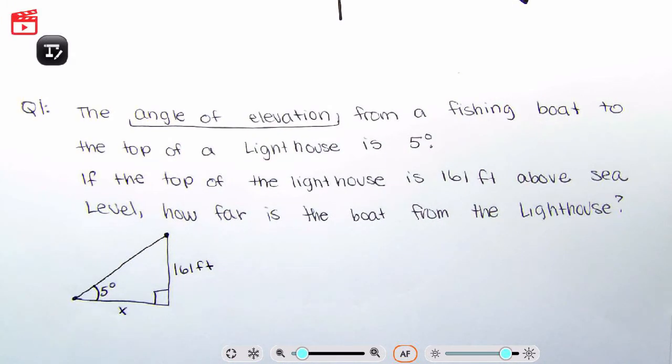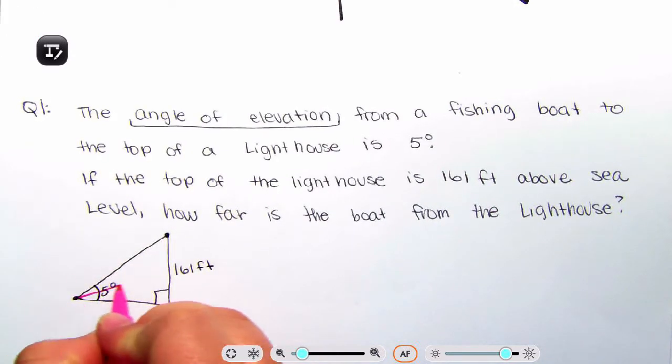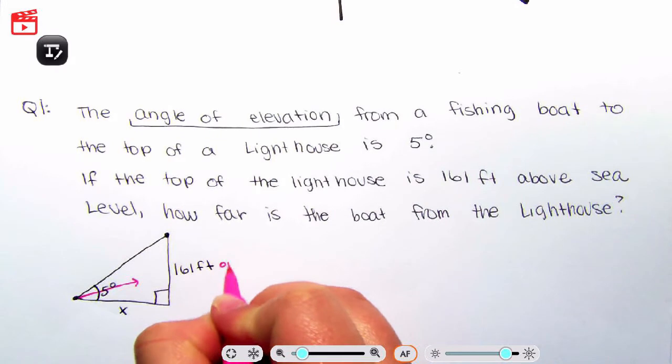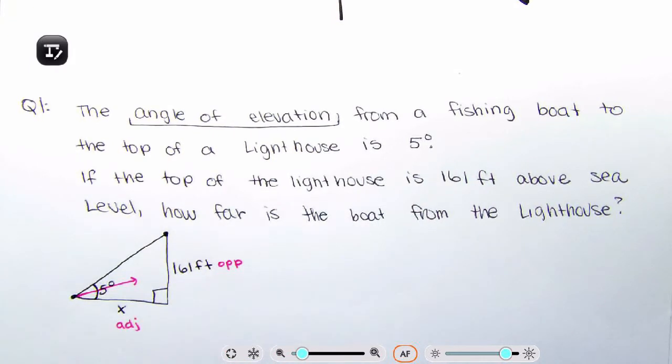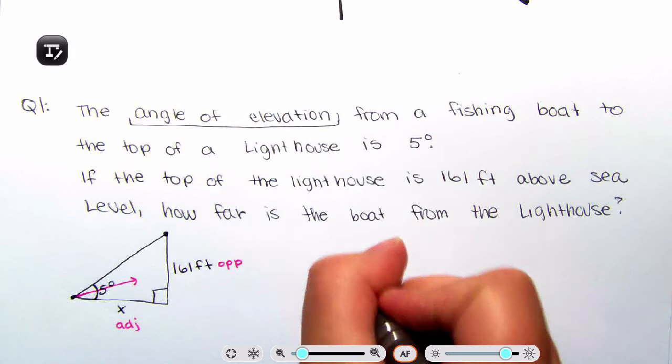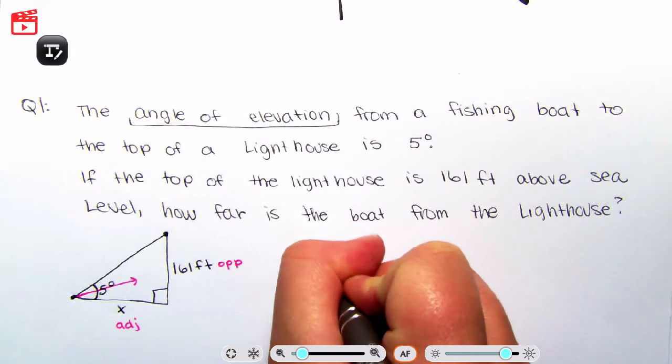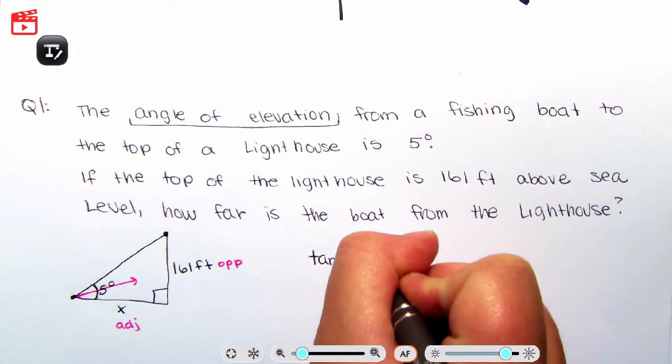So again, start out with your eyeball. Here is your eyeball. What do we have? We have opposite. We have adjacent. SOHCAHTOA. Which one includes both the opposite and the adjacent? Tangent does. So we're going to be using tangent. So tangent of theta is equal to